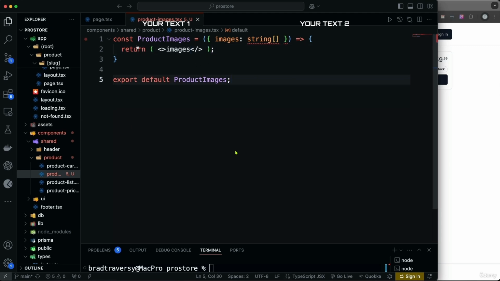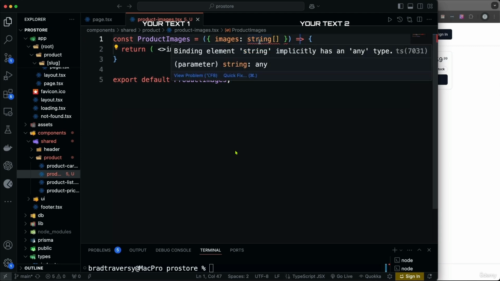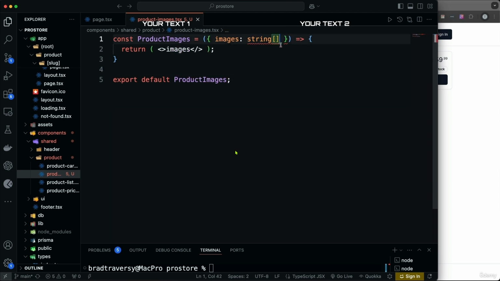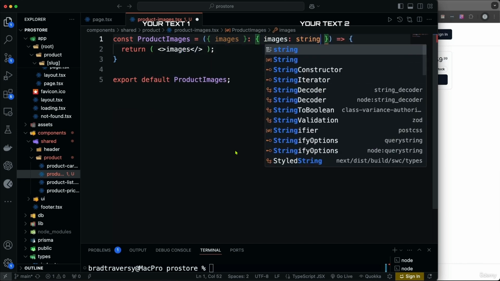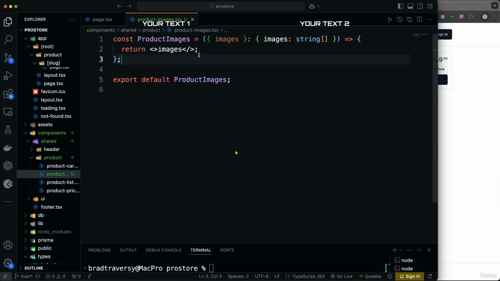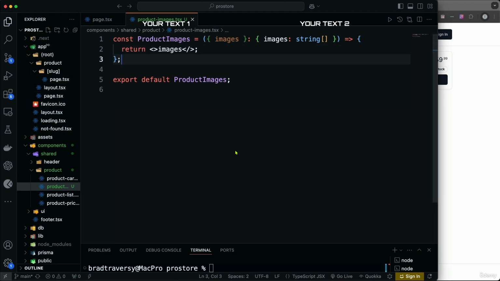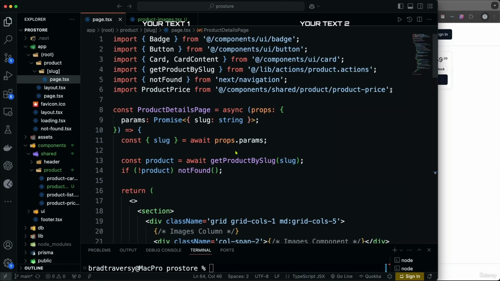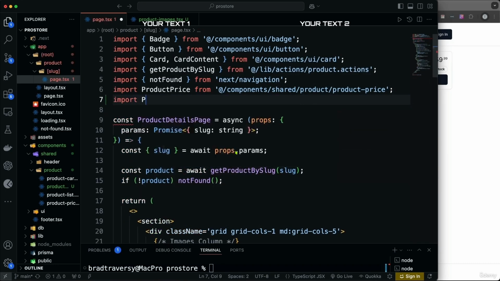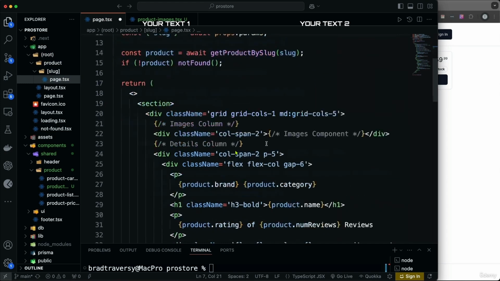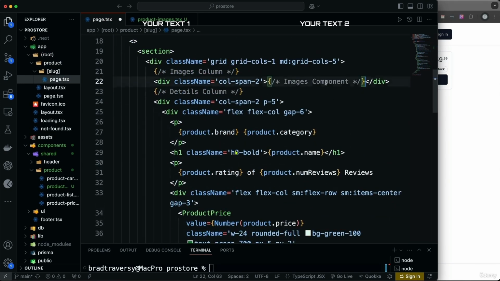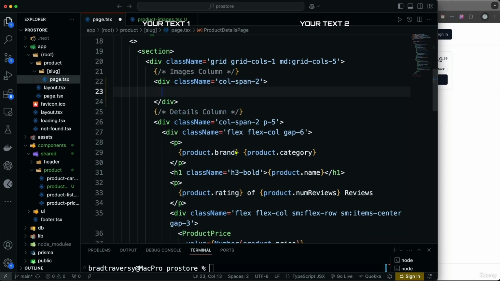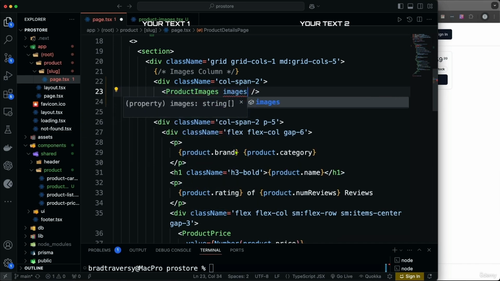And I just want to bring this in. What is this all about? Implicitly has any type. It should be images, and then for the type, images string. So now let's bring it into our page that we created in the last video. So right here, we're going to import ProductImages, and we're going to put it right where we have the comment here. So just get rid of that, and let's say ProductImages, and it's going to take in images, which we set to